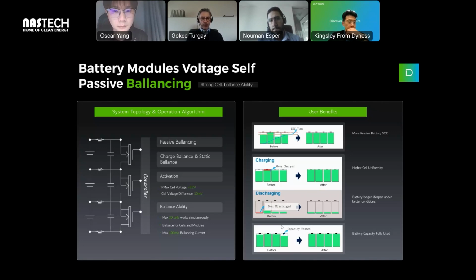that after 5 years or after 10 years or close to 10 years, what will be the usable battery capacity left? Everybody's selling those products with almost the same warranty, but when you compare a product with passive balancing like the Dyness and another one which doesn't have this function, after 10 years, maybe the other product can still charge and discharge, but